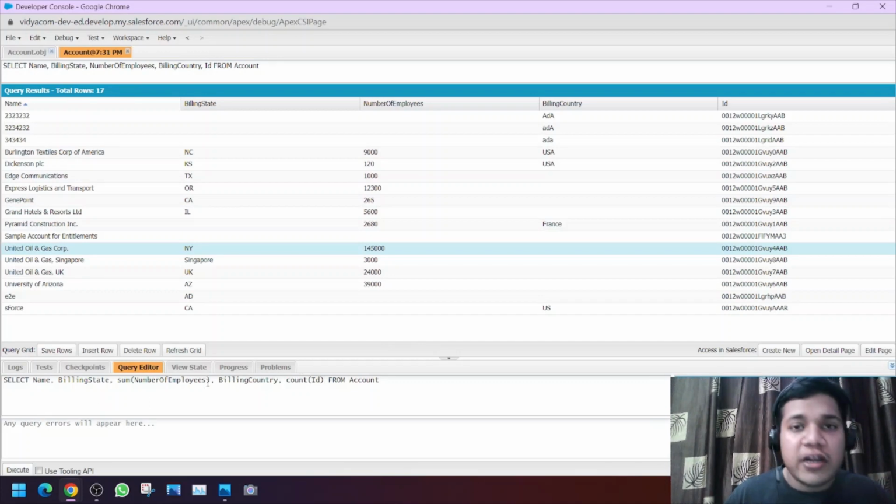And also let me tell you that as we have used aggregate functions here, we have to keep it in mind that whenever we use aggregate function in our SOQL query, then we have to make sure that all the other fields like we have billing country, billing state, and name, either we have to use aggregate function in all the other fields or group the other fields. Like we have to do group by all the remaining fields where aggregate functions are not used. So group by name